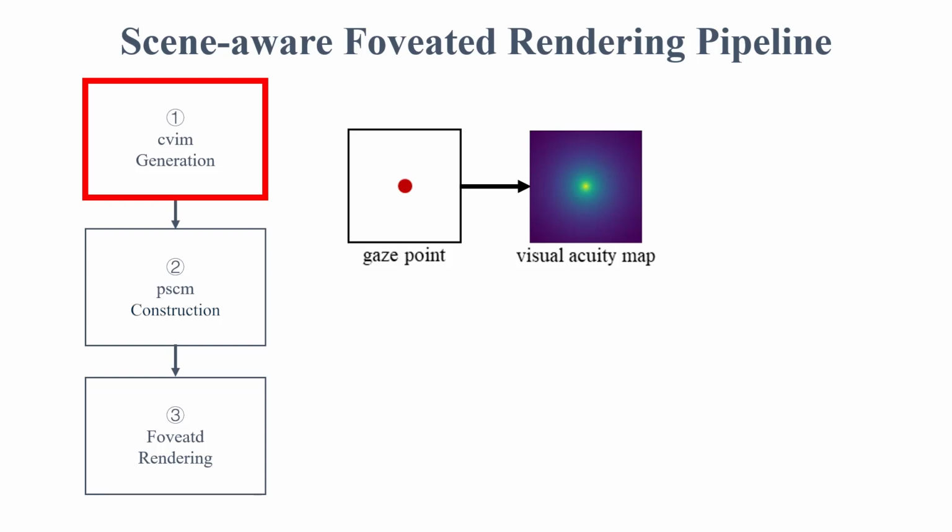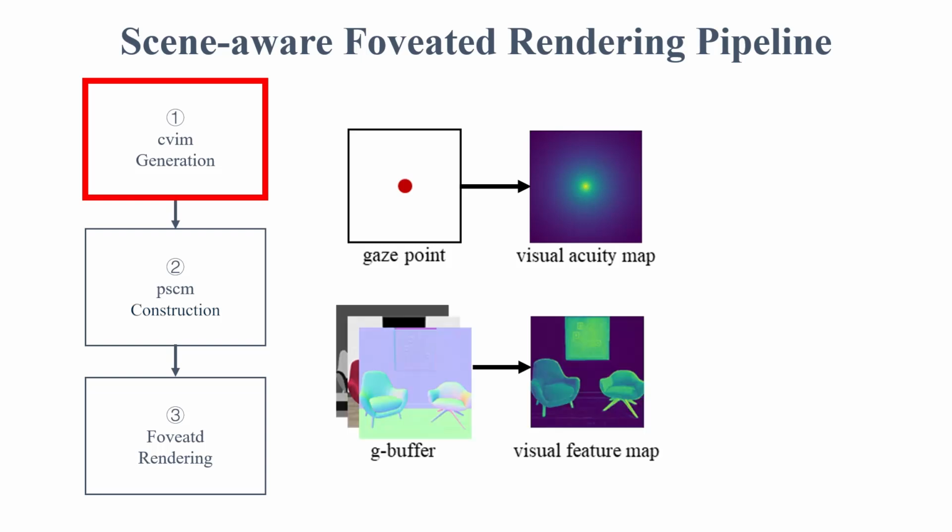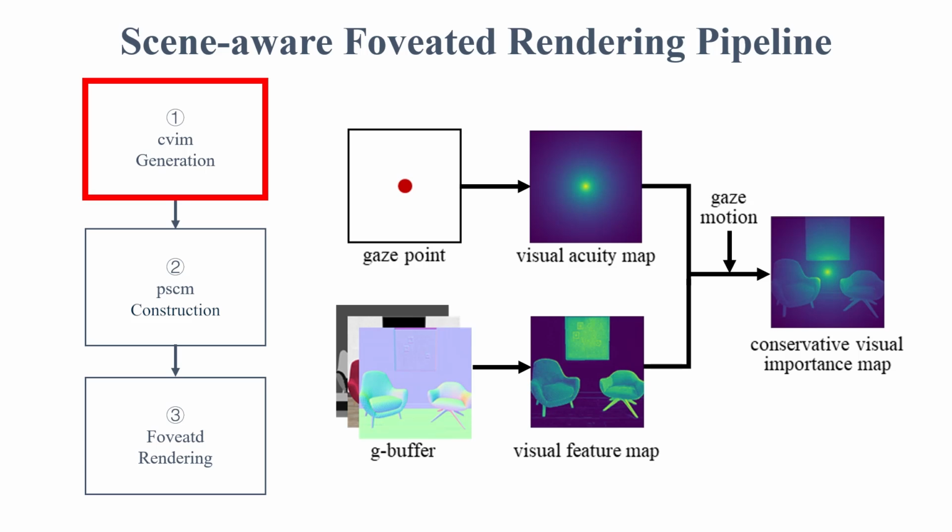In step 1, we first generate the visual acuity map according to the gaze point and extract the visual feature map based on the G buffer. Then, we construct the conservative visual importance map by combining the visual feature map and the visual acuity map according